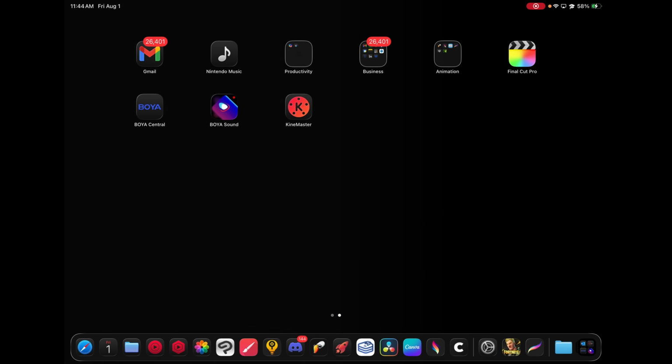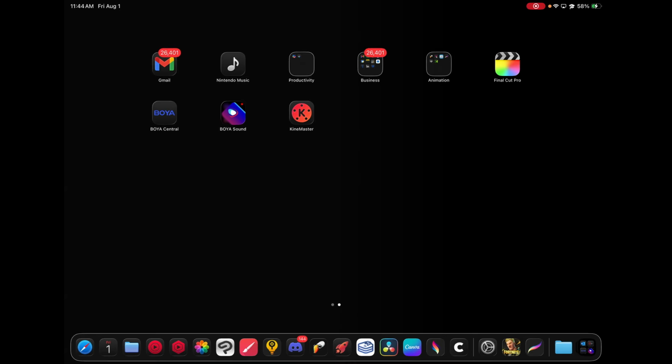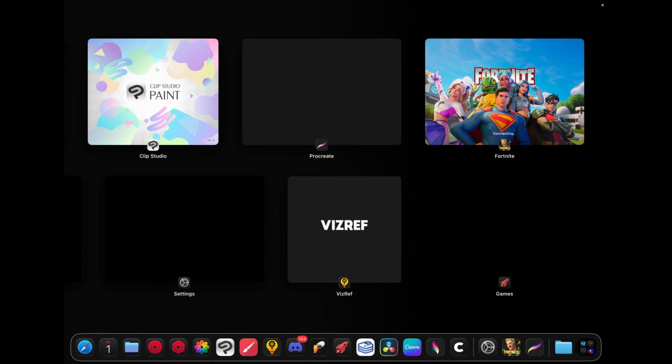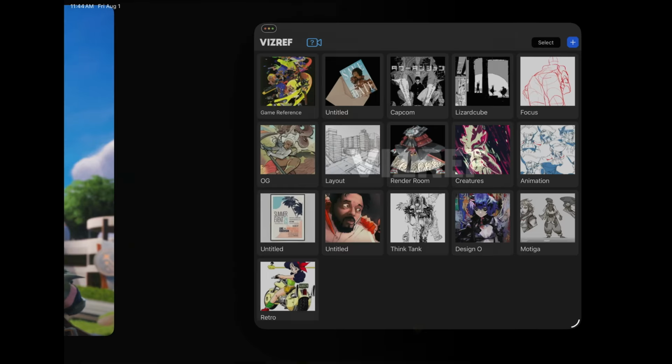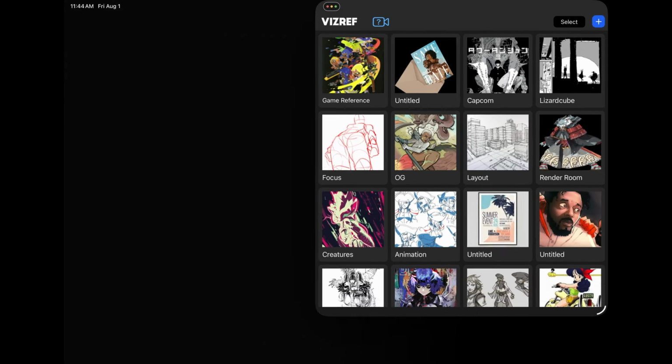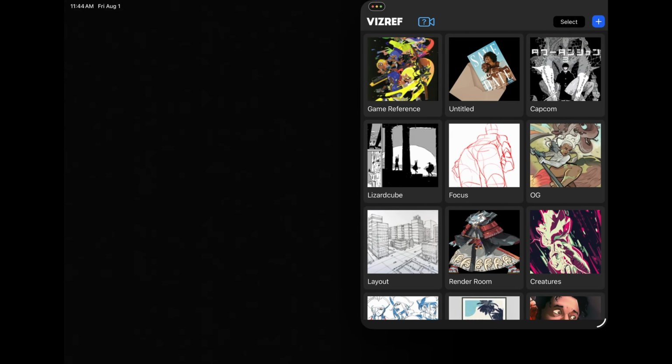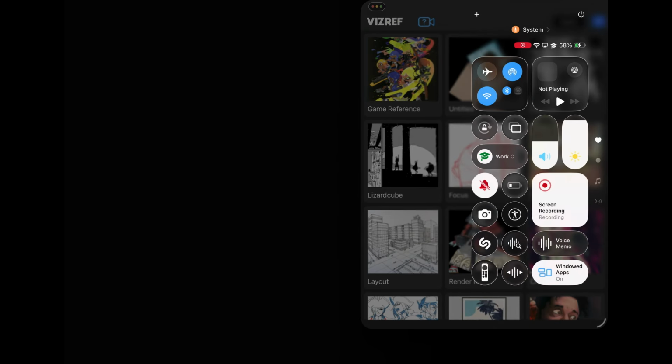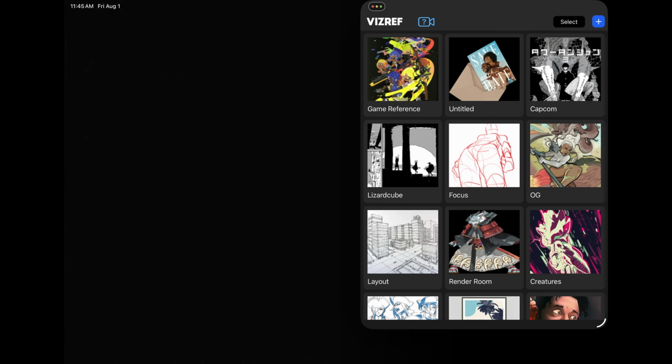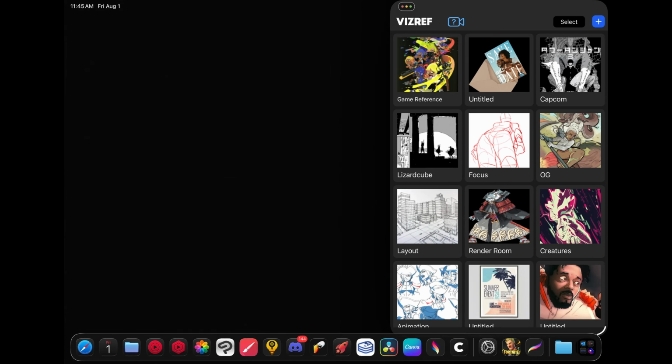Now, if we ever want to go back to the apps we've been using, we can always just click into our app like we used to. But something we can also do now is set Stage Manager on. When we use Stage Manager, it still uses this new system of windowing, but we can set up multiple different groups of how our windows are organized. So let's say